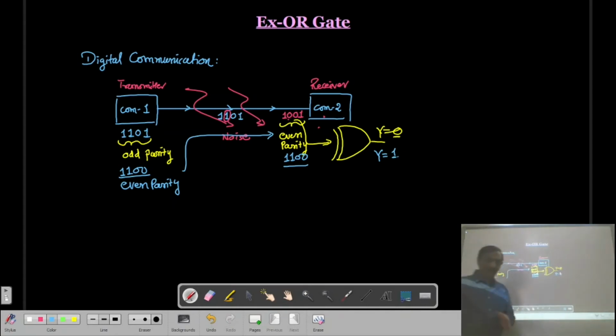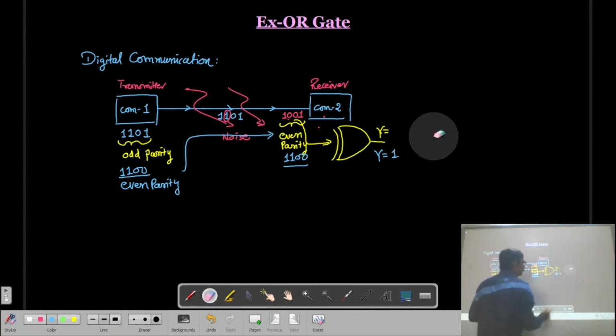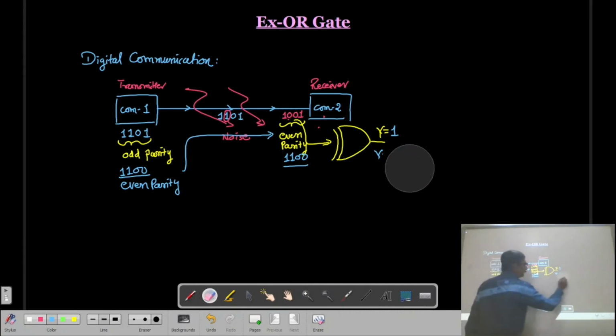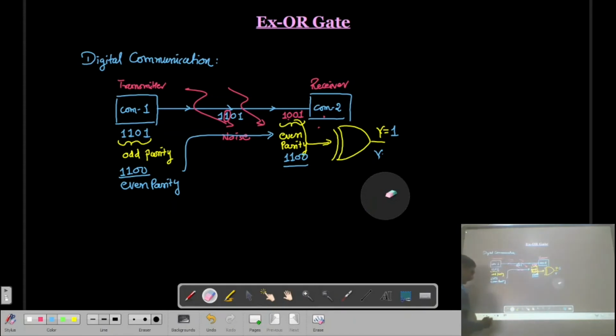Now if it is a high level, here I have made a mistake. Remember, with the odd parity this Y is going to be a 1. But now when the information is with the even parity, then the Y is going to be a 0.